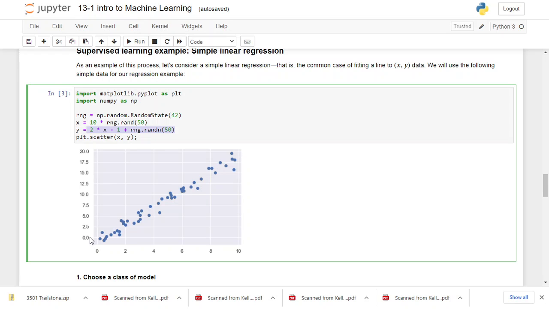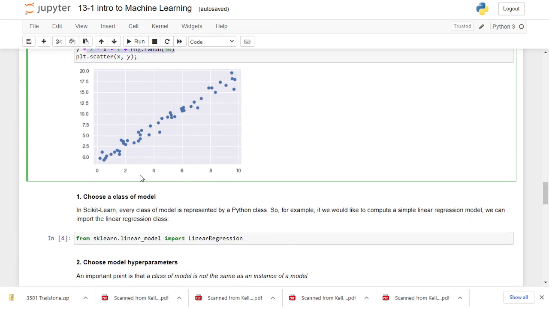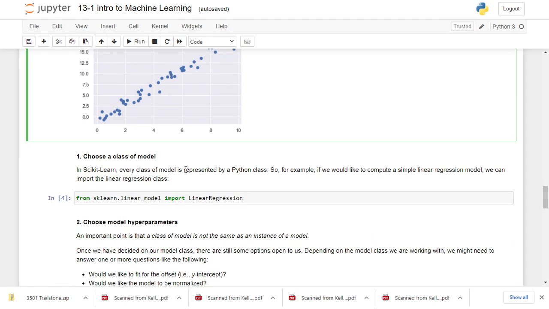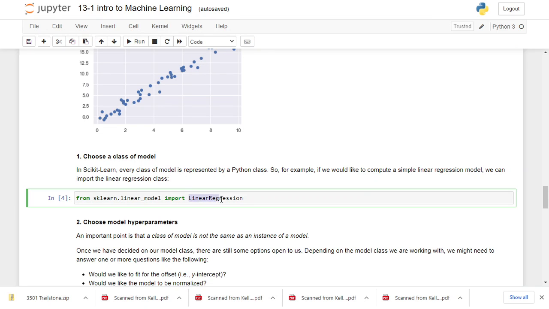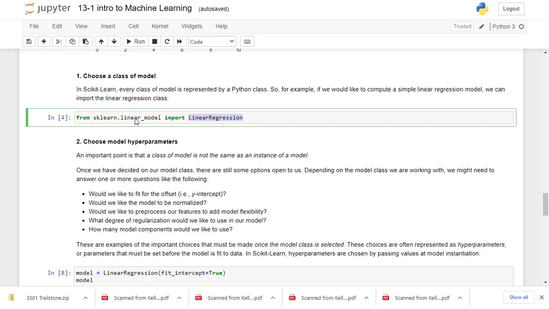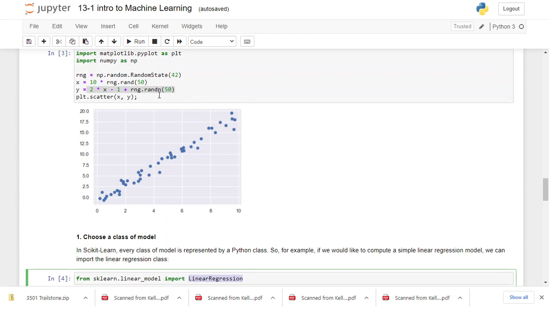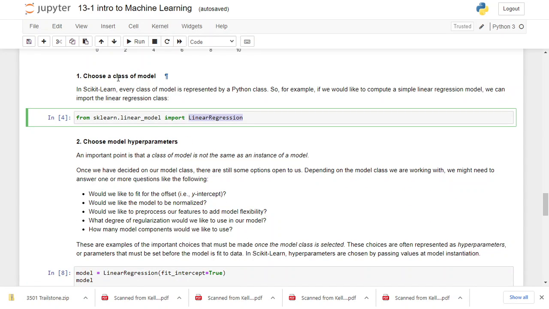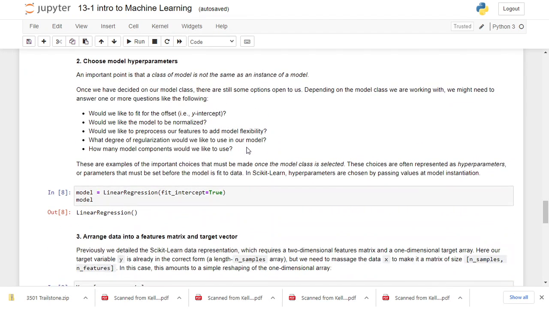So that's the data. We have a scattered data x and y like this, and this is just the data set. We have the x and y now. So now let's choose a class of model. In this example, we're going to use linear regression, and this is the preparation of the data. We have roughly 50 data points. The first step is you import that model into the project. The second one is choose model